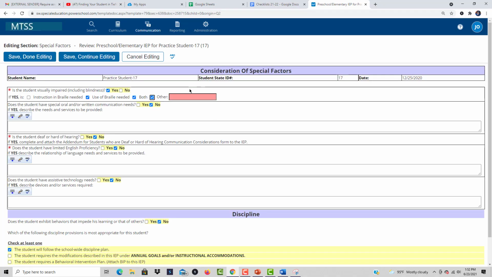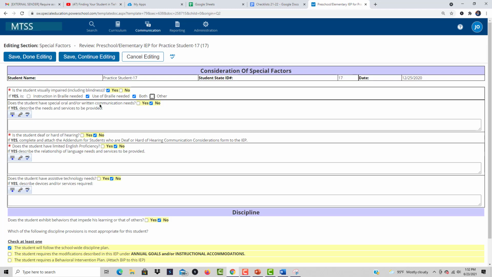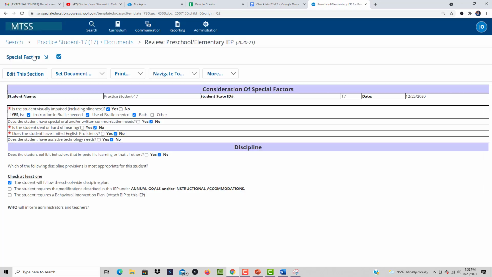And if you click on other, it gives you a place to type something in. So let's say we go ahead and we say yes, and use of Braille and both. You save, done editing. And one thing that you need to know is that in the state of New Mexico, if we say yes, then we need to do what's called a Braille addendum at this point. In order to get to the Braille addendum, we're going to have to back out of this particular page